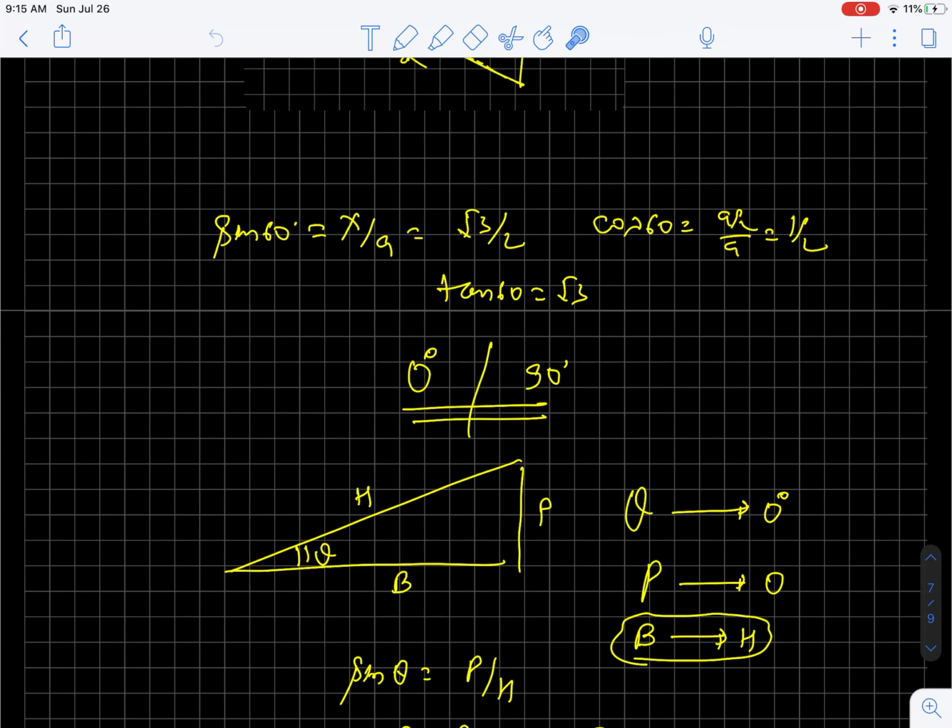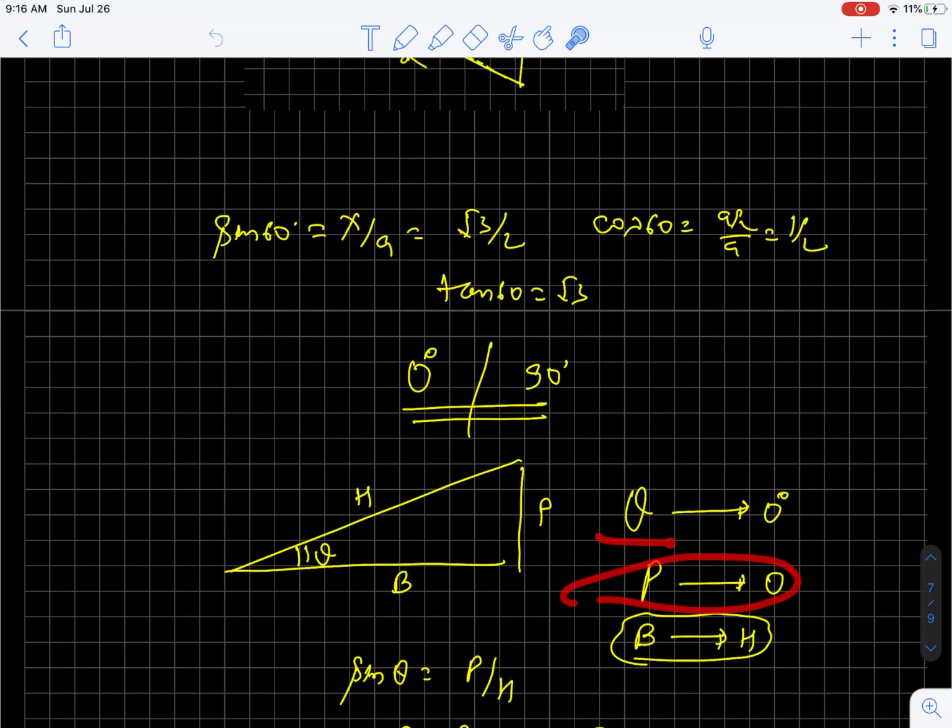Now if we go for the extreme cases, 0 and 90 degree, let's say this side is the perpendicular, this is the base, and this is the hypotenuse, and this angle is theta. Now can you say theta can become 0? Theta can become 0 in case you increase the base, or technically you are making the perpendicular 0. As the value of the perpendicular decreases, see here, the perpendicular is decreasing. If the perpendicular is decreasing, at a particular angle the perpendicular becomes 0. If the perpendicular is tending towards 0, theta is tending towards 0.